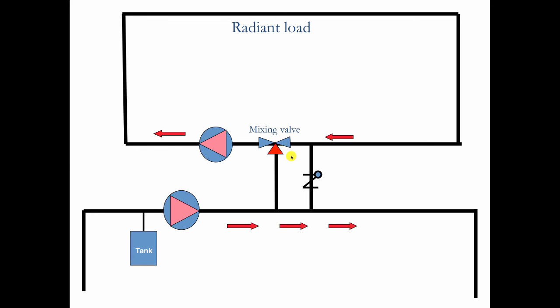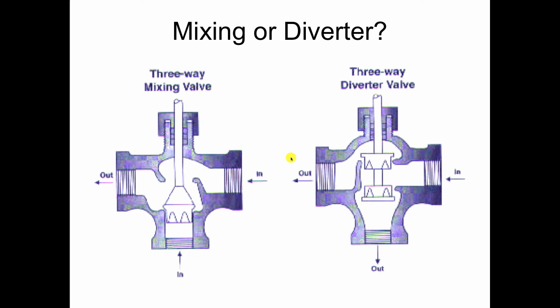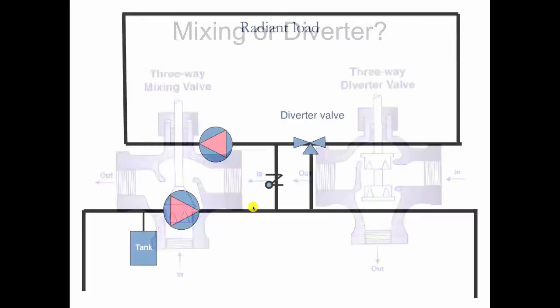So the way we get around that is, rather than use a three-way mixing valve, we're going to use a diverter valve. So this is a three-way mixing valve. It has two ways in, hot and cold, mixed, and one way out. Two ways in, one way out. This is a diverter valve, which has one way in and two ways out. And by using this, which looks the same on the outside but works a little different internally, we're able to